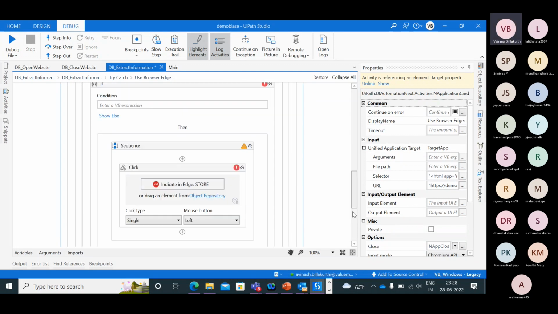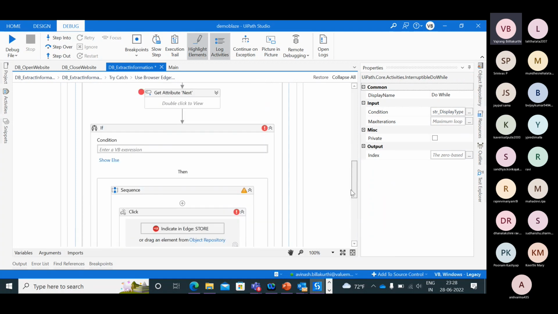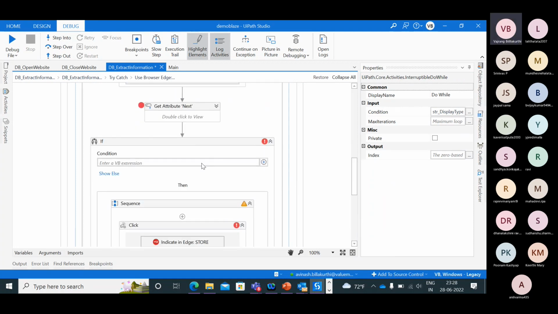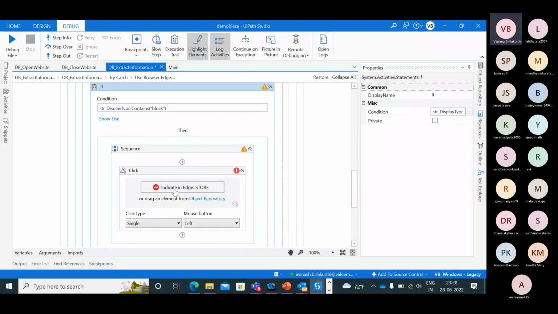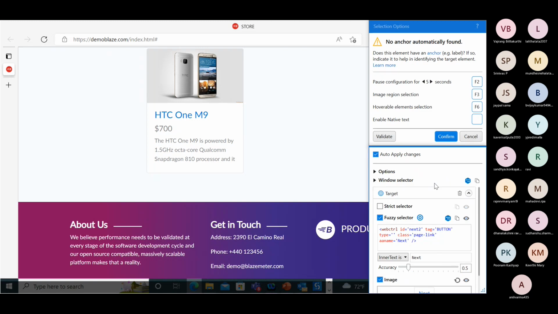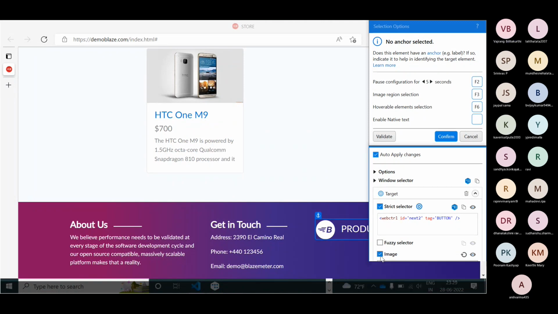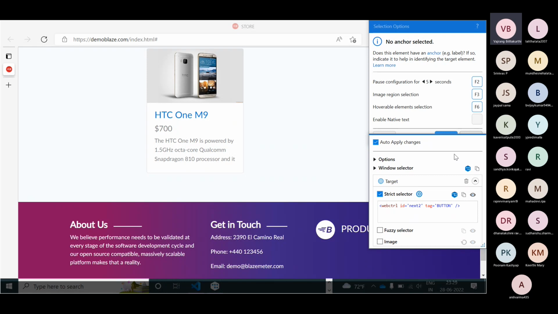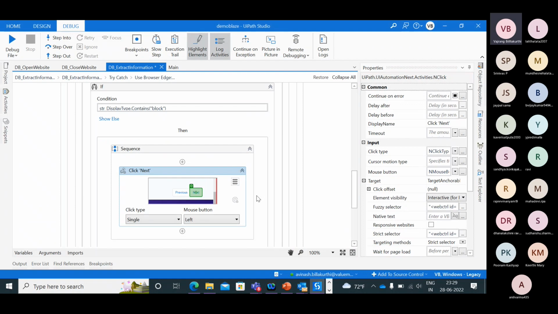That's it. Now, if you can see display block. So if there is display block, then I need to hit on next, right? Next button. If the display block is not available, then I should not click on that particular next button. This next I should not click on this. Click selector. Okay. Confirm. So you should click on this particular button.